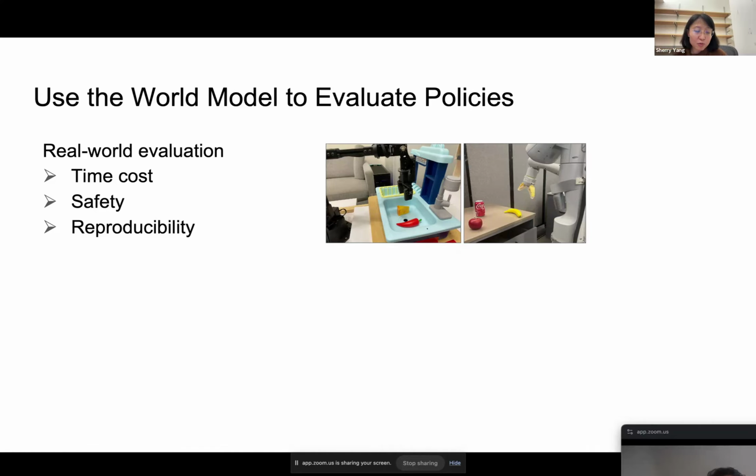If you want to reproduce someone else's policy, you have to run it in the exact same setup, right? Because these policies are usually conditioned on the initial frame. And if you're running the policy in your lab and your initial frame looks different from someone else who evaluated their policy in their lab, you're likely not going to be able to reproduce their results. So the initial frame, the environment setup, has to be exactly the same, which is really difficult.